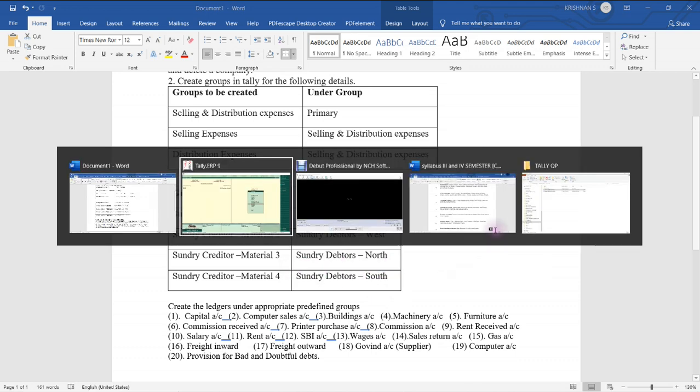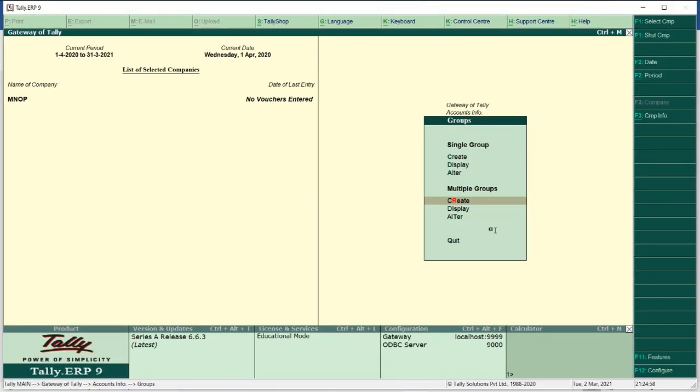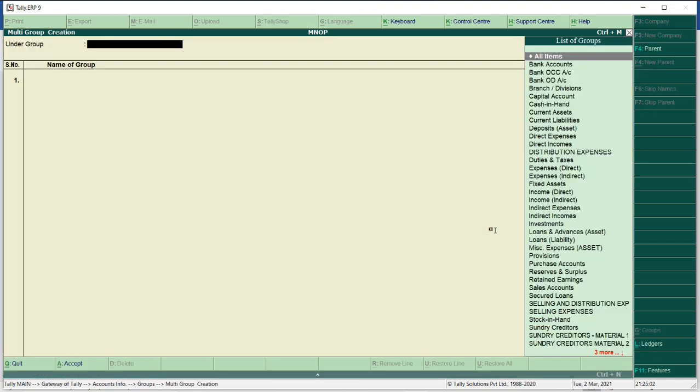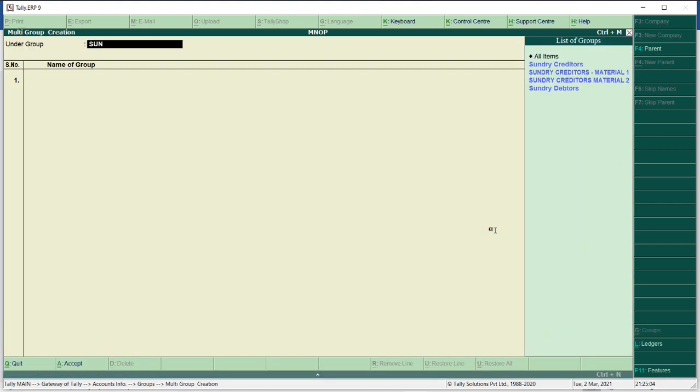debtors south. Okay, so all these groups will come under the sundry debtors. So go to multiple groups, select the sundry debtors.